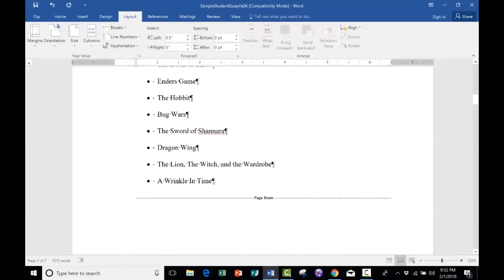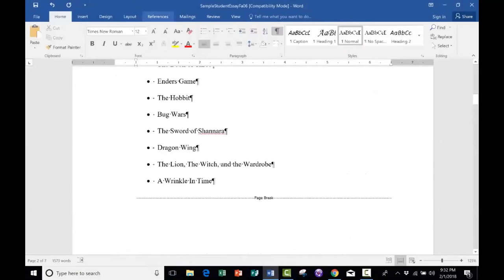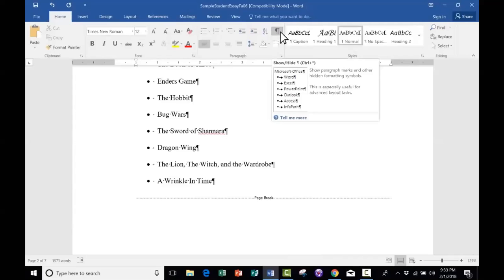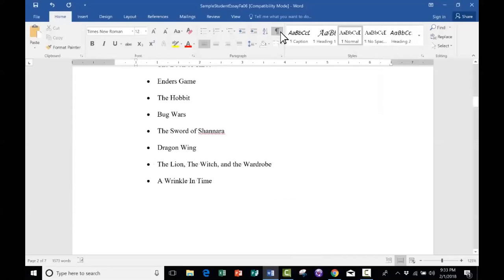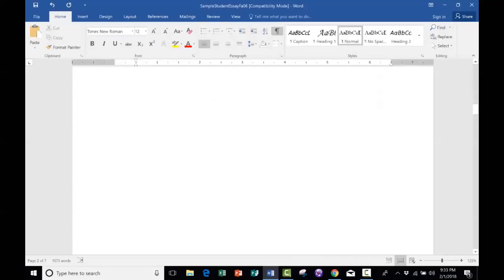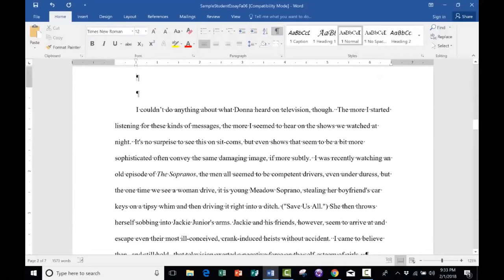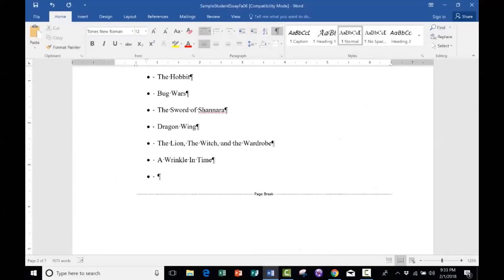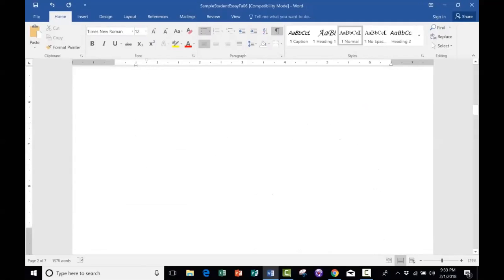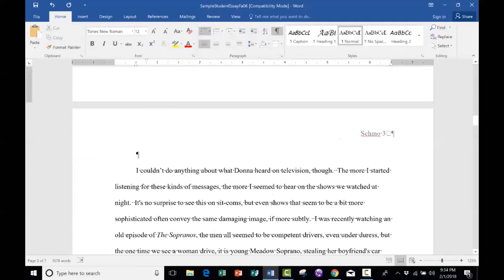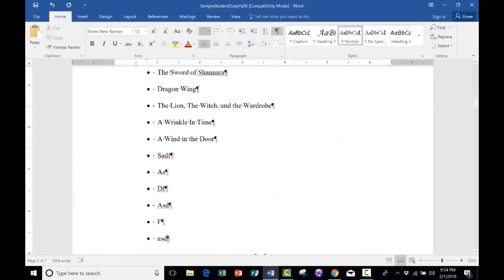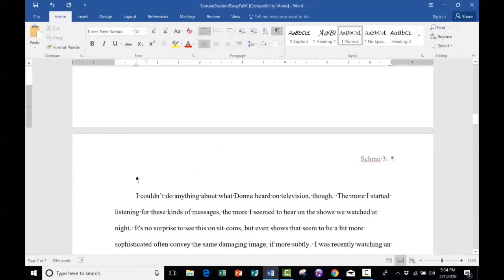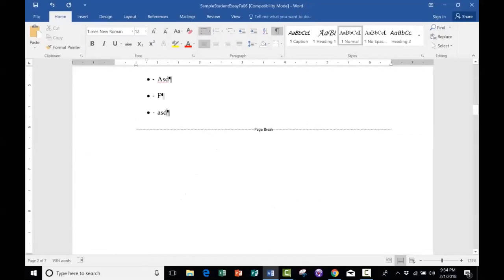It put in a line here, a page break line, but that's only visible because I have this show paragraph marks button turned on. So if I turn that off, the page break line disappears. But what that page break line does is it pushes all the rest of the text down to the next page. Now, if I wanted to add another book to the list, notice that yes, it does push the page break line down a little bit, but it's not affecting page 3. I could add several more items to the list. Page 3 is still where I want it to be. So I hope that you see the advantages to using page breaks instead of just